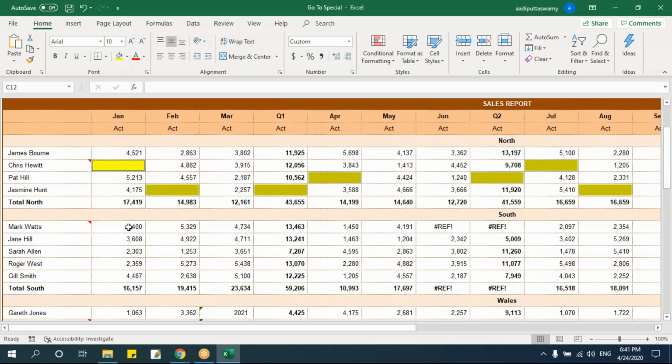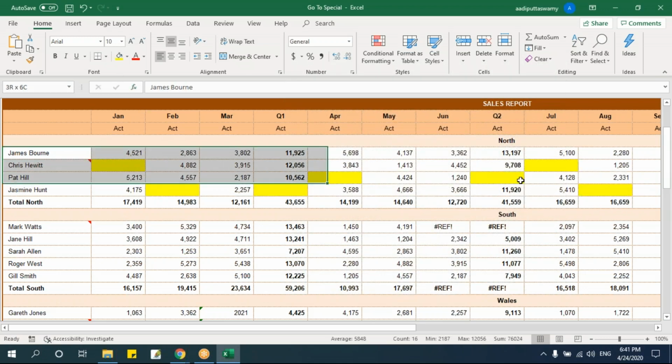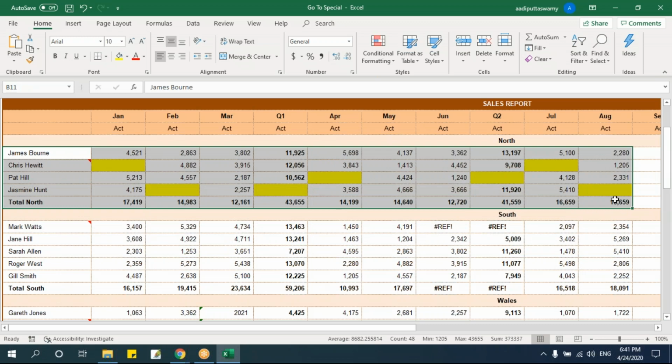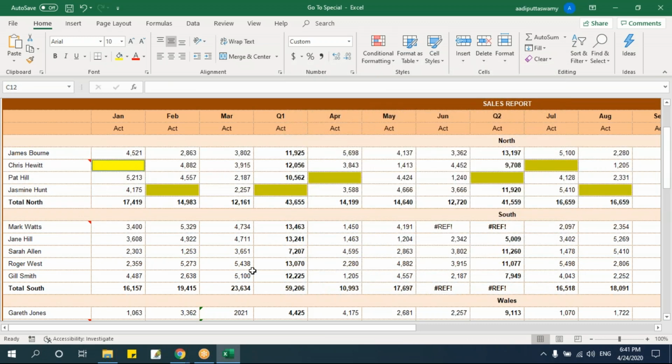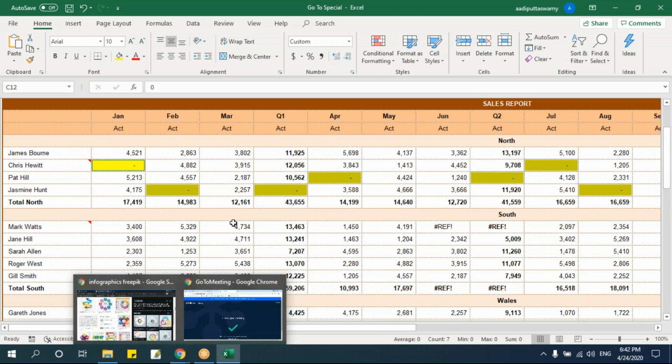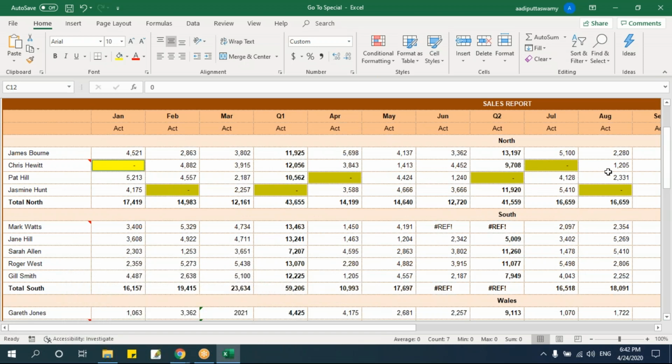See, I want to highlight. One is I can highlight this. Or if you want to put some value there, select here, Control G, special, say blanks, right? All the blanks are selected. Let me just type 0. Now I'll say Control Enter. See, when I say Control Enter, all the selected places get it.